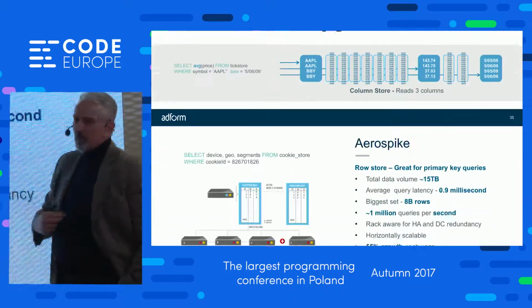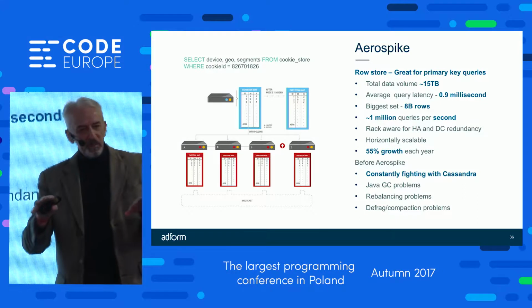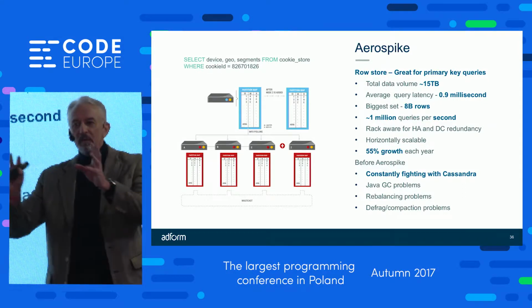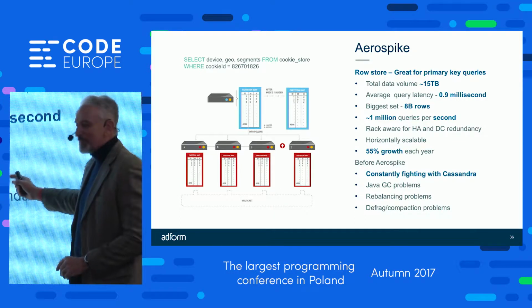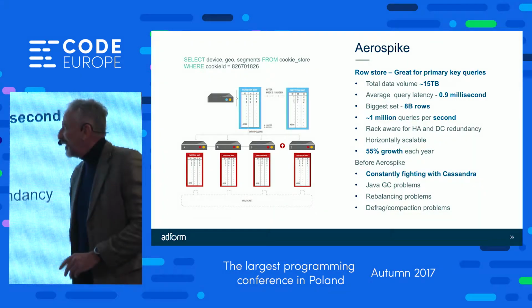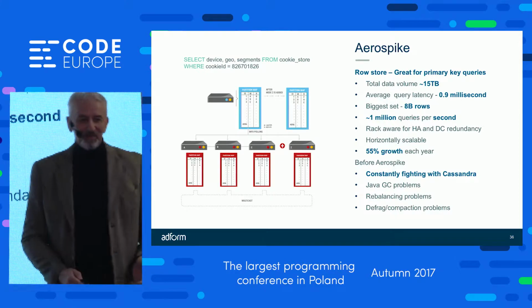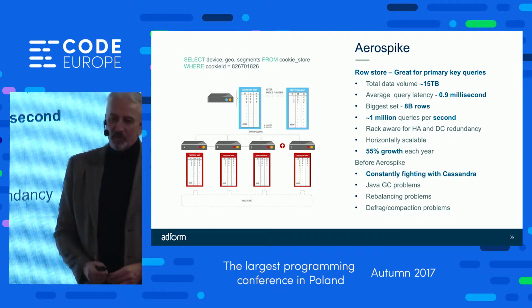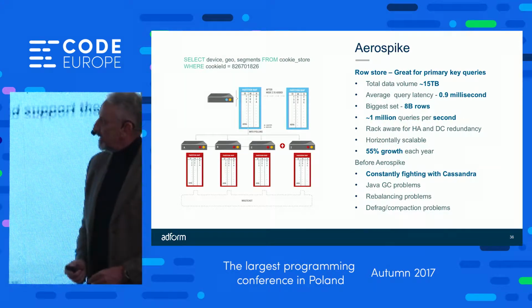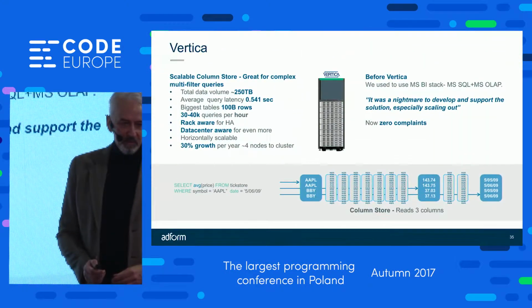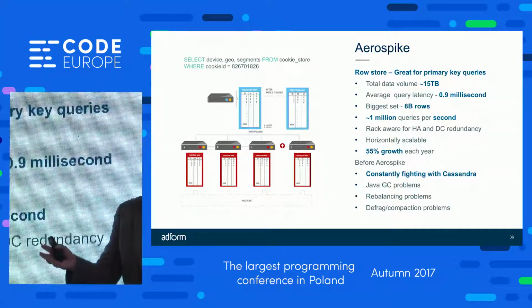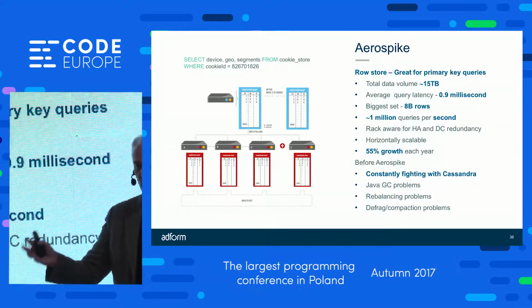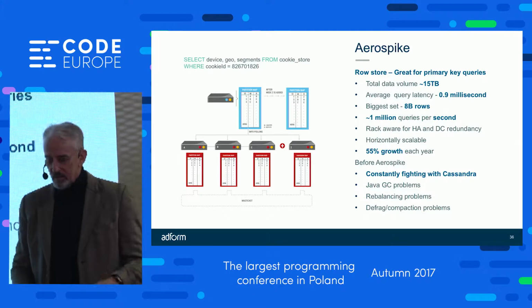With Aerospike, we're looking at a row problem. It's a primary key looking at a particular value. So this we do about 1 million requests per second, and we want a latency of about 1 millisecond to do it. Two different types of problems. That's to solve the column problem. This is to solve the row problem. Why can't we do it in one database? Because there isn't one that does both yet.